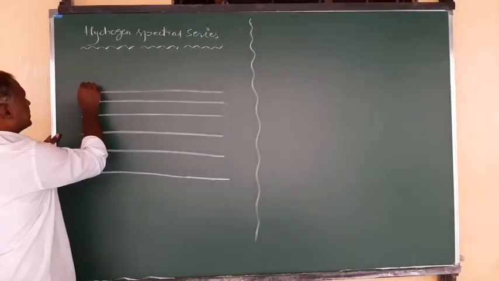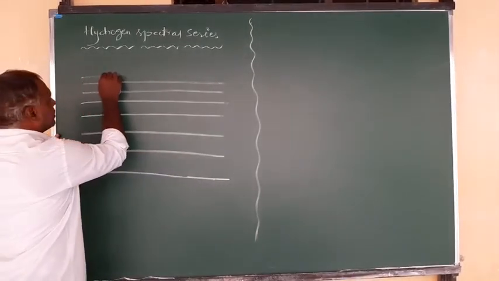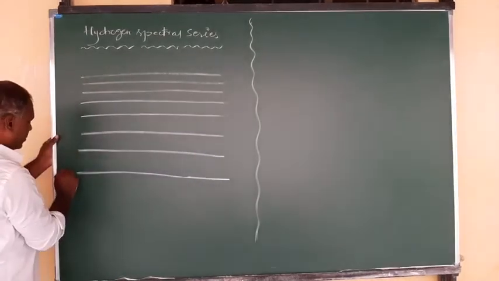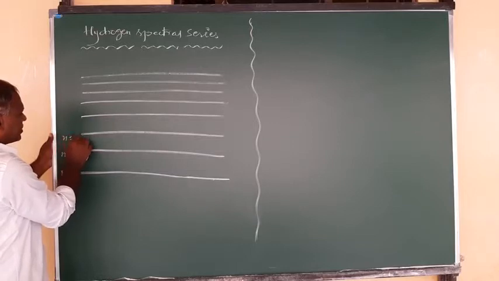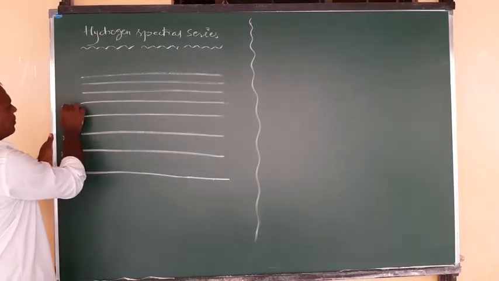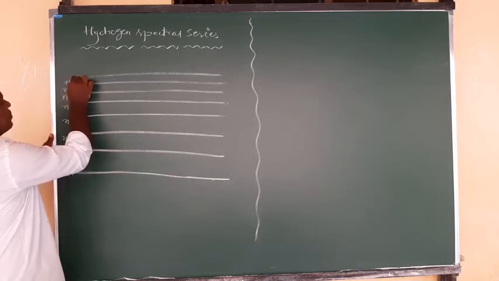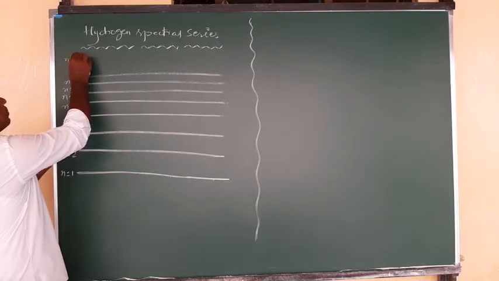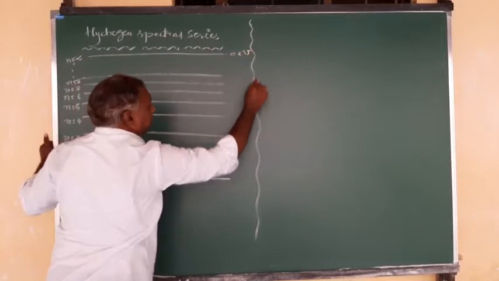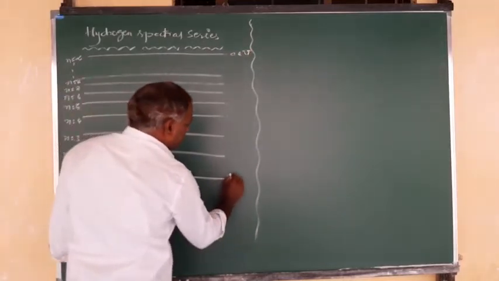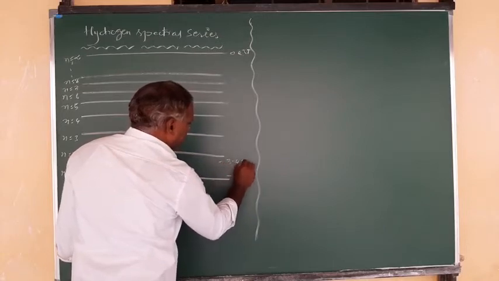So the different states which are having different energies, I am going to draw here as energy levels. This is the ground state, n is equal to 1, this is n is equal to 2, n is equal to 3, n is equal to 4, n is equal to 5, n is equal to 6, n is equal to 7, n is equal to 8, and so on, up to n is equal to infinity, where that energy will be 0 electron volts, right? So for n equal to 1 it is minus 13.6 electron volts. Then minus 3.4 electron volts.